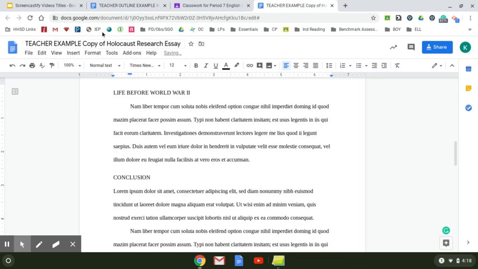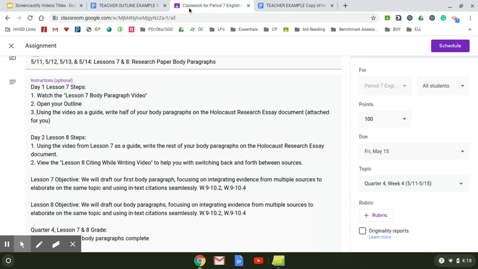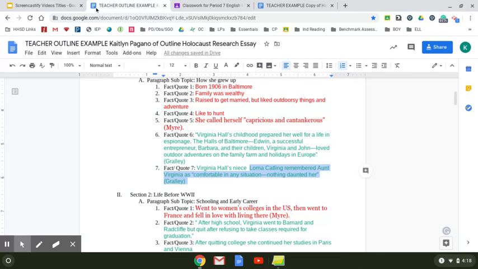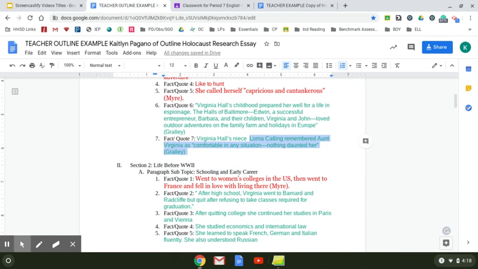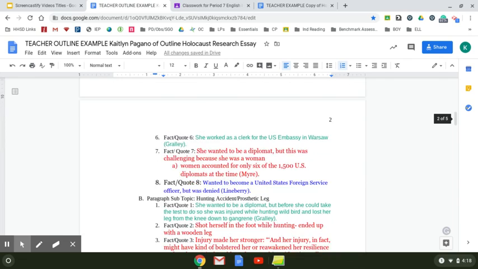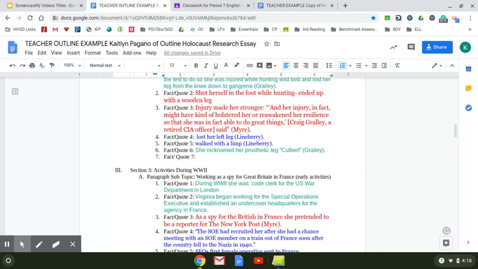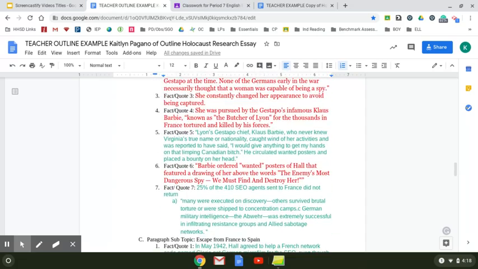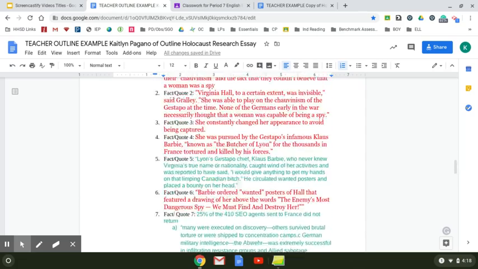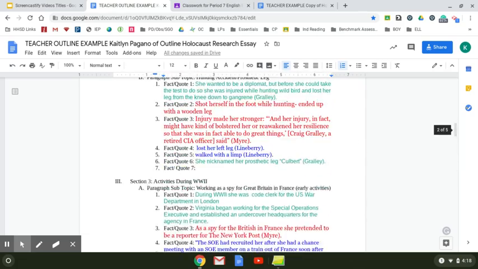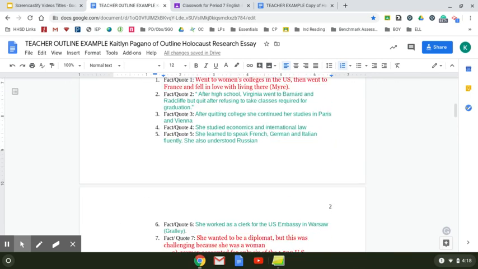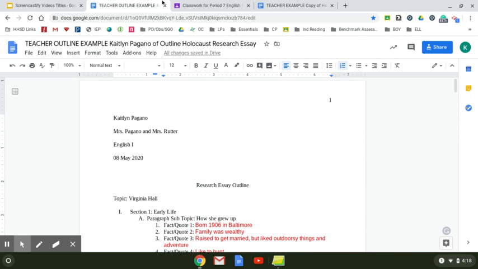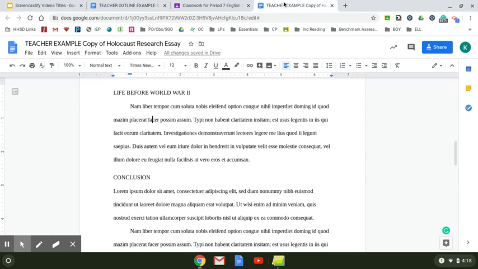You should work today to finish about half of your paragraphs. So for example, in my essay, I'm going to try to get through the paragraphs that I have for sections 1 and 2. And then on my second day, I'm going to work on sections 3 and 4. And if you have any questions or you want me to check your work, please let me